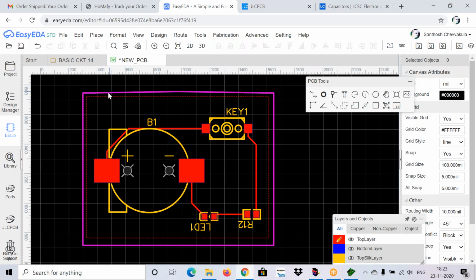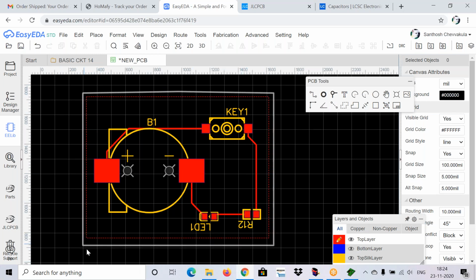You can observe the dotted lines right below the board area. That line indicates your copper area. For some people it will change to red color also, don't bother about it. Because when you give the copper area in PCB wizard, the board turns red, right? Like that only. Here also for some people it will change, and for some people, when you mismatch or have some network issues, it will not change to red color, don't bother about it.